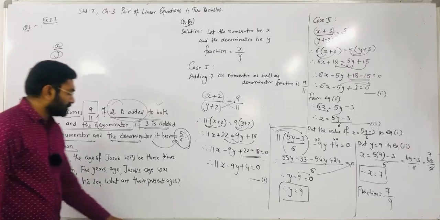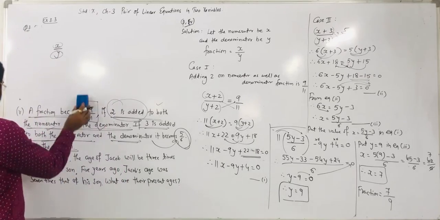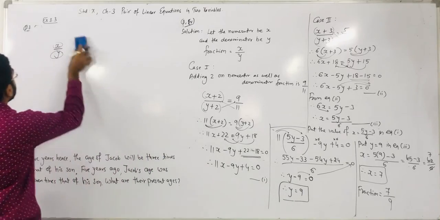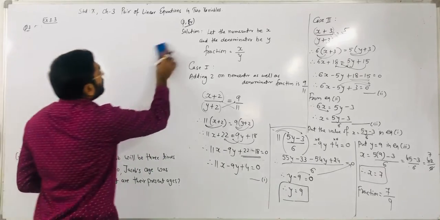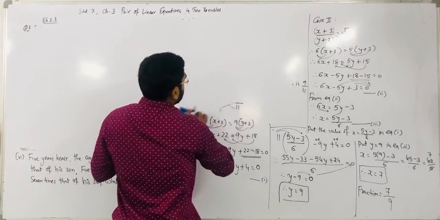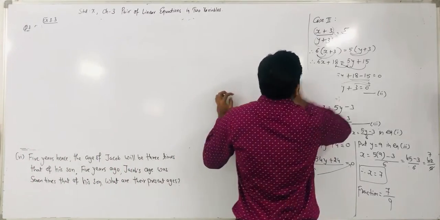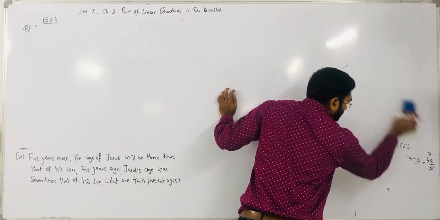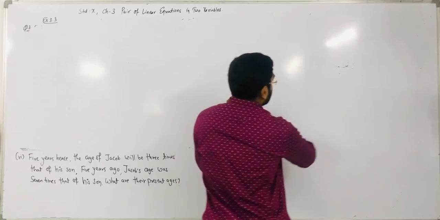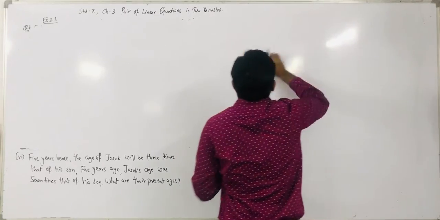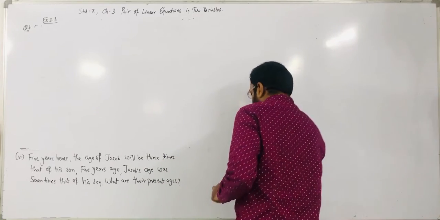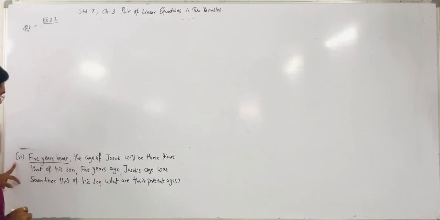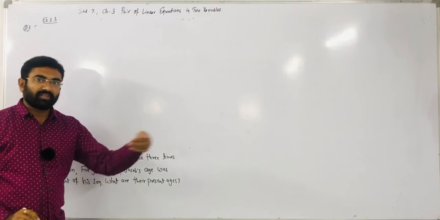Right? Now we have to solve question number 6. Question number 6 is important, many times asked in an exam. So we have to solve question number 6. This question number 6 is about ages, regarding sums. In each and every method, you have to try to solve that type of problem, which is useful in examination. See the question number 6.